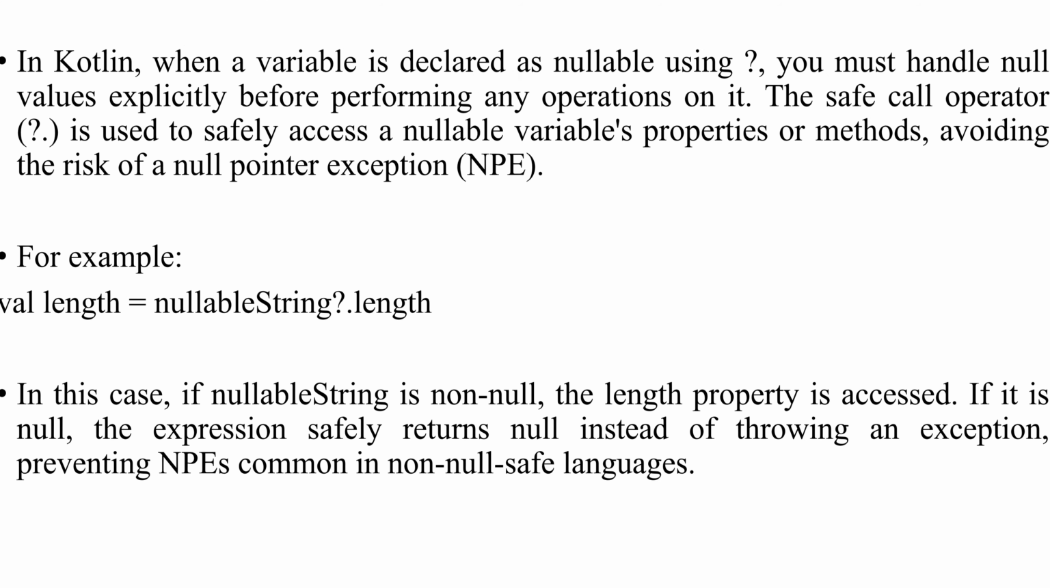exceptions. In Kotlin, when a variable is declared as nullable using the question mark operator, you must handle a null value explicitly before performing any operation. The safe call operator is used to safely access a nullable variable's properties or methods, avoiding the risk of null pointer exceptions. For example, calling length on a nullable string with the safe call. In this case, if the nullable is non-null, the length property is accessed. If it is null, the expression safely returns null instead of throwing an exception,